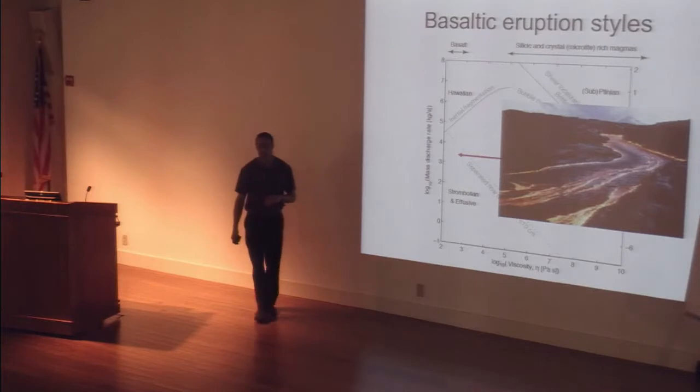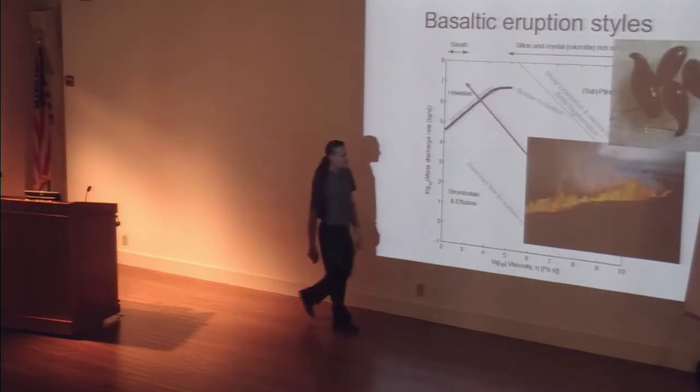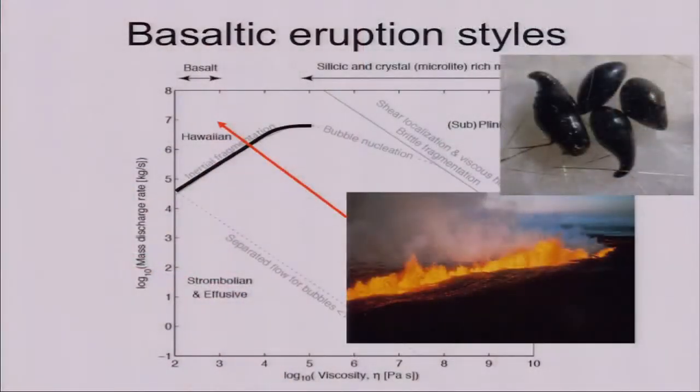Helens, for example, I showed you earlier. There are types of eruptions called fire fountains, and these fire fountains can extend to vertical heights of about 1 kilometer for the largest ones. Right, so I guess you can call this an explosive eruption, but the mechanism by which they erupt is fundamentally